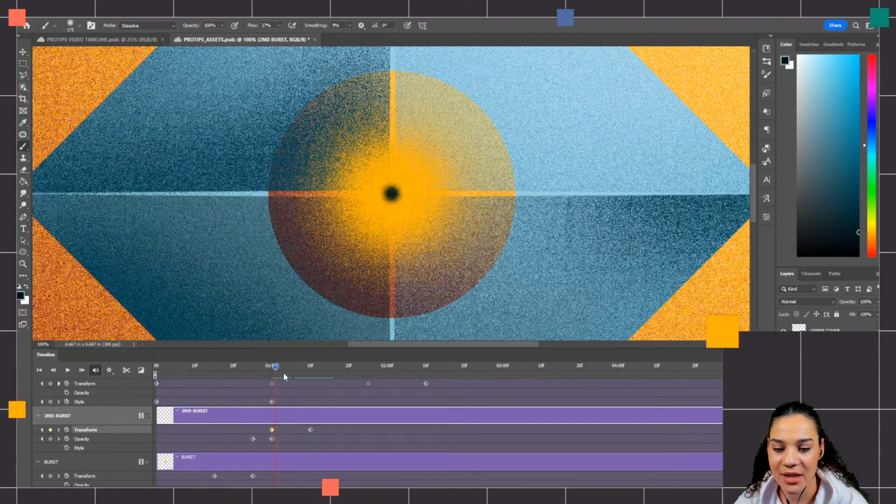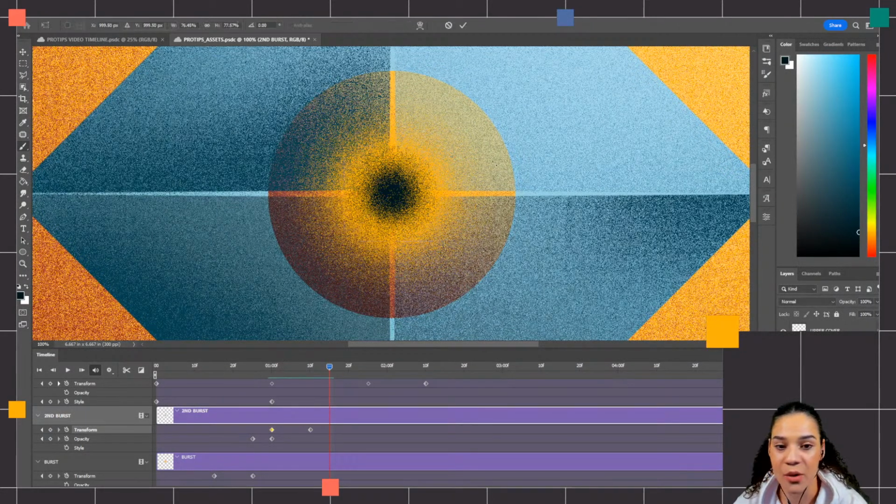Now, keep in mind, as you're using these keyframes, the distance between these keyframes on the timeline is also going to take into consideration an amount of time. So you can see there's a certain amount of distance between it coming into existence here, and then getting larger, and I want it to go away faster than it appeared. So I'm going to move it only about half the distance here, and then I am going to shrink it